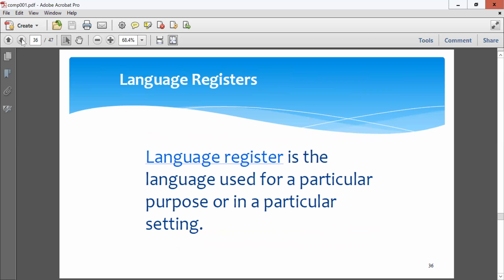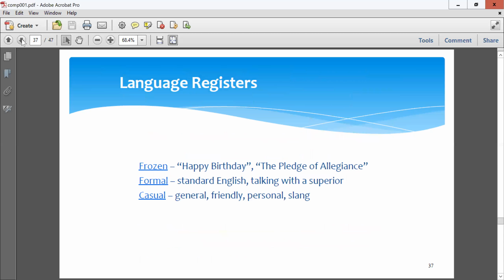Okay, language registers is what type of language you use in a social setting. So, for example, talking to your boss, you would be more formal, okay, talking to your superior, it's more standard type English. Casual or slang, talking to a friend, would be what we would refer to as informal or casual. And then we kind of have something called frozen, like everybody says the Pledge of Allegiance, pretty much the same,